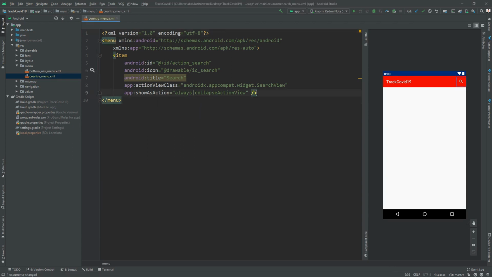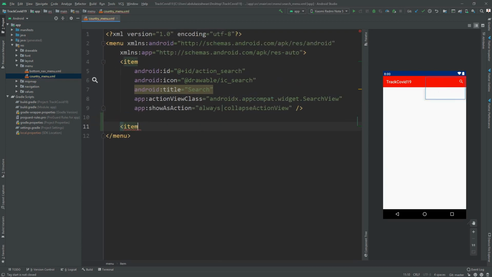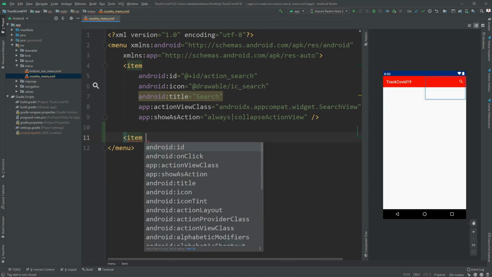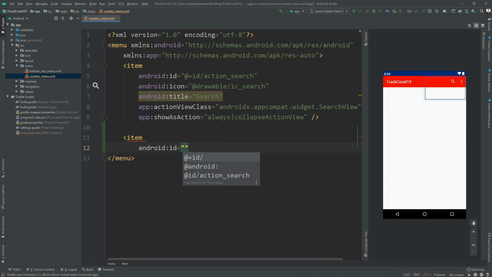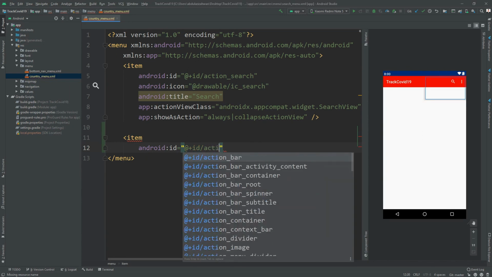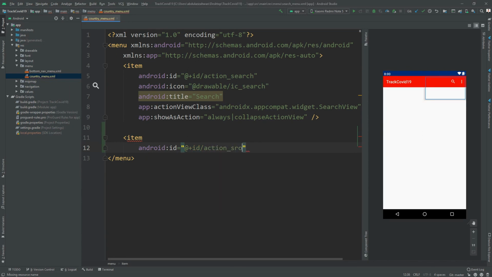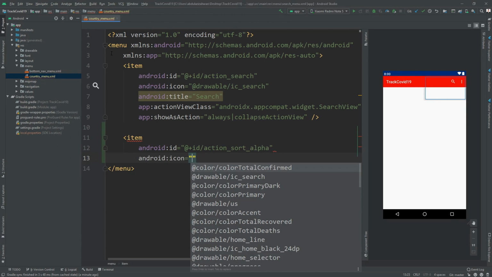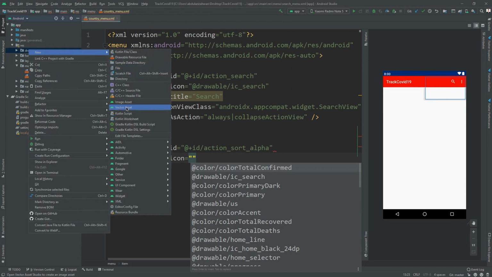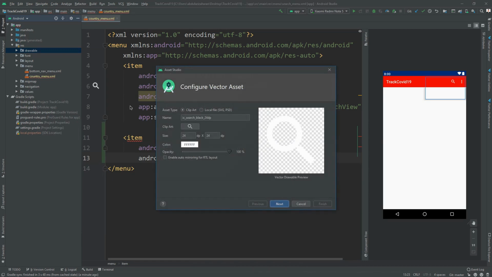Alright, and below this we need to add a new item, so we make it bigger, so I hope you can read clearly. So we need to give an ID right here, and for the ID, let's say action sort alpha, and then icon. So we need to add a new vector, right click on drawable and then vector assets, and we search here,